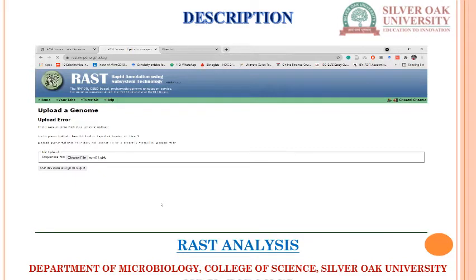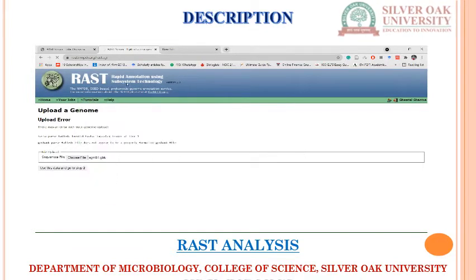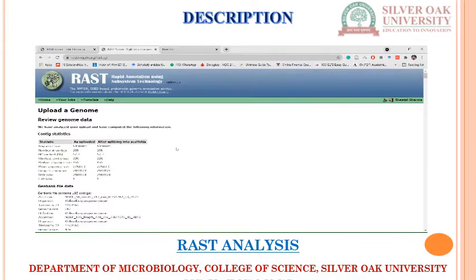You can also perform different tutorials. On another page you can perform different tutorials, like registering for RAST, automated assembly, and RAST workshop presentations. If you want to download, there is downloading and installing the MyRAST toolkit. The MyRAST toolkit is specially for those who are actively uploading data and is very good for analysis. But we can use this web form, and it's quite easier.